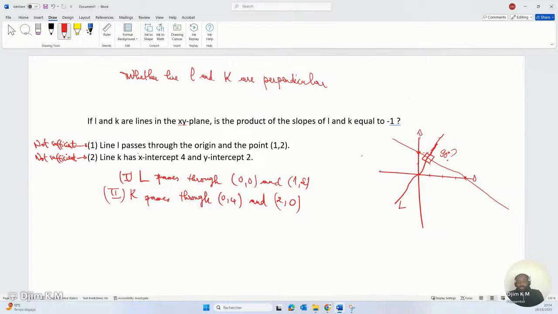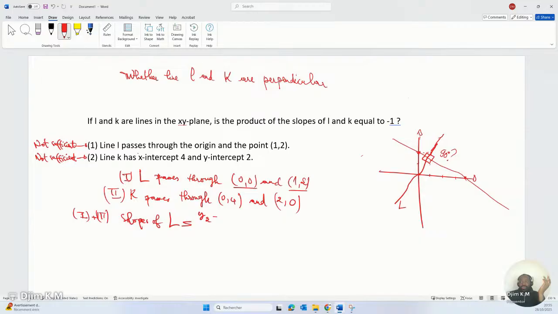So now, if we combine the two conditions, in order to find the slope of the line, line L for example, since we have these 2 points, we can say slope of L will be equal to, there is a formula for that,